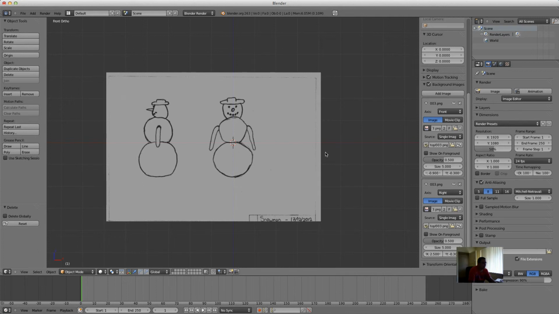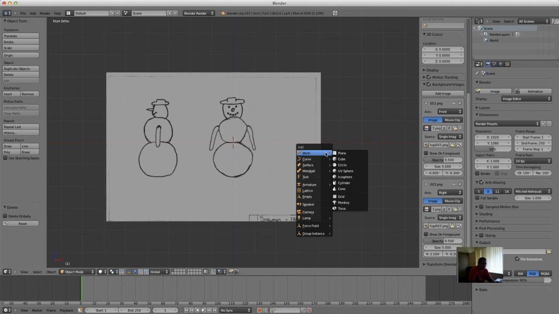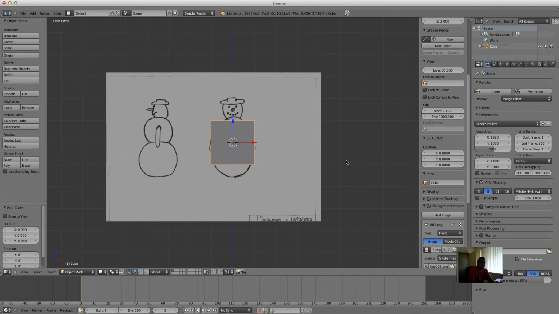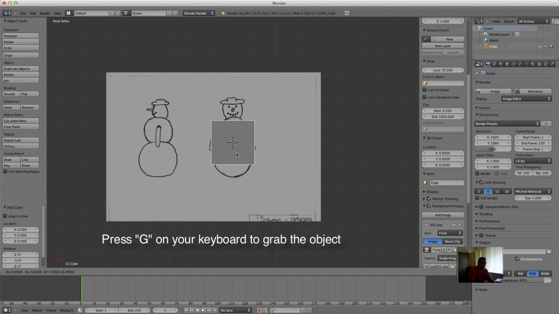Okay, what we need to do now is add a shape. So I'm going to go Shift A. Okay, so Shift and A, and then I'm going to select Cube. Now what I need to do is move my cube to the bottom part of my character here. So you would move your cube to a part of your character that you would like to model. To do that, I'm going to push G on my keyboard, G for grab, and I'm going to move